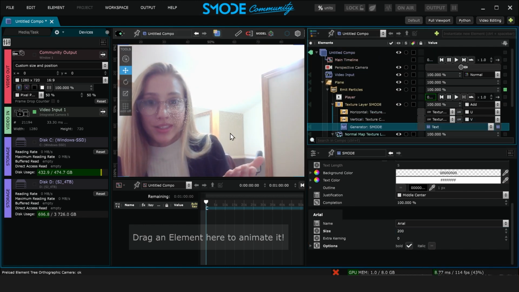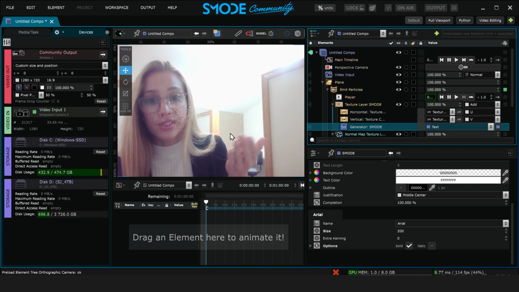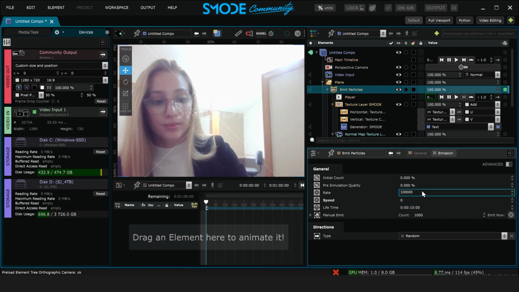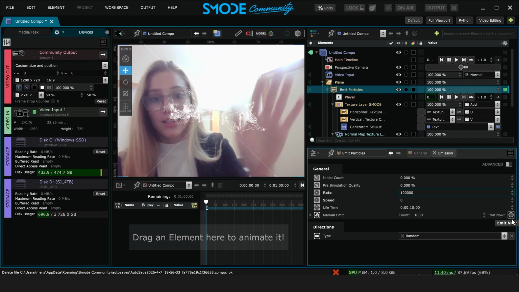At the moment, the particles have an initial speed, which makes it quite difficult to distinguish the display text. So we will remove their speed so that the particle stays at the same place. I will also increase the particle rate so we can see better. This way, I can distinctly see the text on display, and if I wave my hand, I can see the